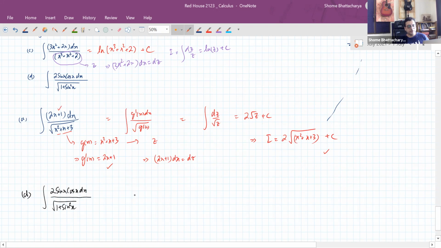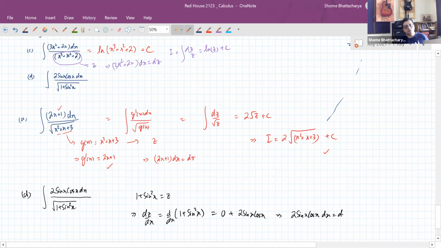So if you take 1 plus sine square x as z, then dz by dx is the differentiation of 1 plus sine square x. For that, you'll have to apply the chain rule for sine square x, which gives 2 sin x into cos x. So that shows us that the numerator that we have, 2 sin x cos x